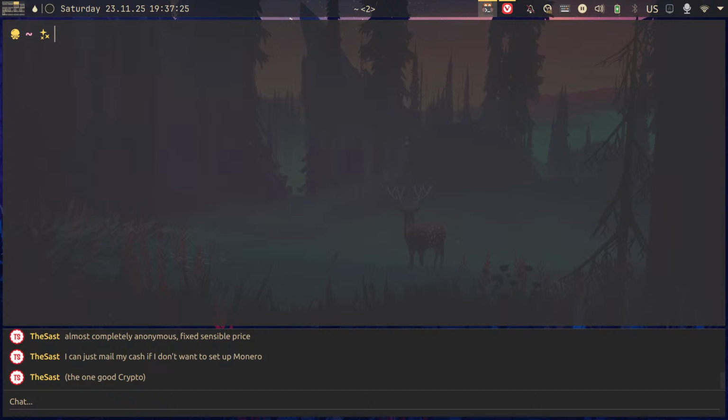I can just mail my cash if I don't want to set up Monero. The one good crypto. I use USDT, or at least I used to. I don't know about the one good crypto. Are they really? I don't know. With all the drama surrounding crypto, I just don't trust it by default. I'm sure it's reasonable in some ways or others, but they don't have a good track record in terms of